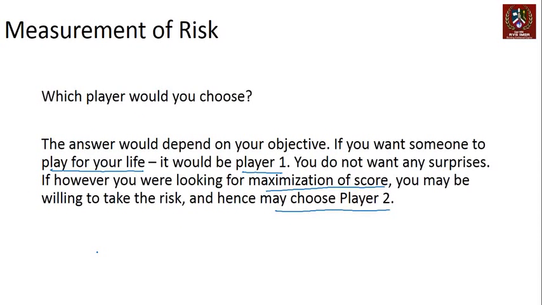Now, if your objective is that you want to secure a sacred goal. What is a sacred goal? A goal that you do not want to miss. For example, education. For example, retirement. In these cases, if you're investing in order to get a stable source of income in your retirement time, you would want stability, you don't want surprises. If you get more, that's fine, but there's a bare minimum that you would want to agree on, and you don't want any negative surprises there.